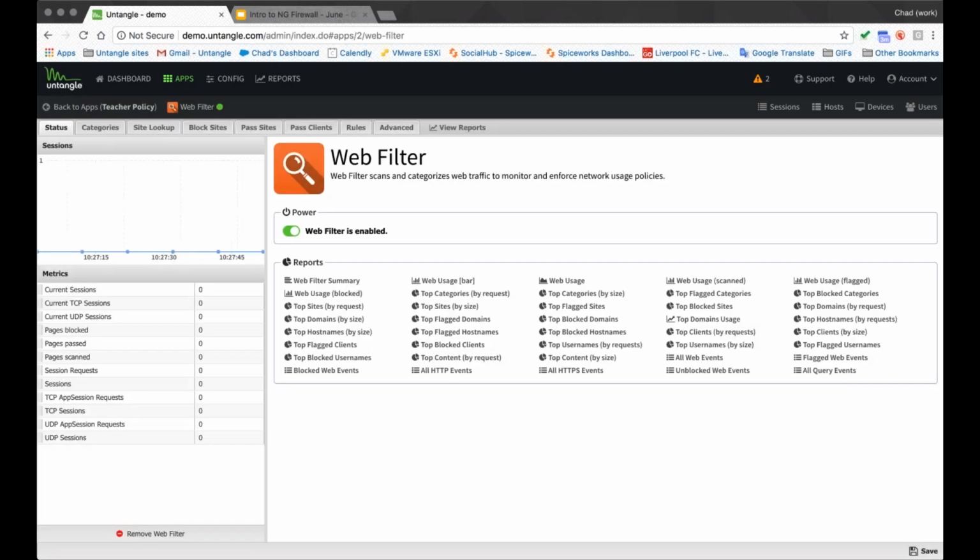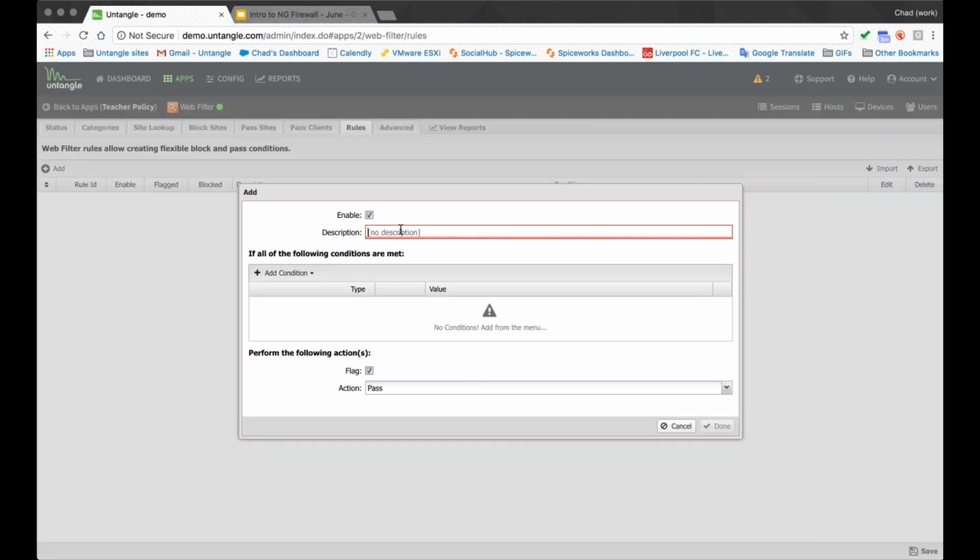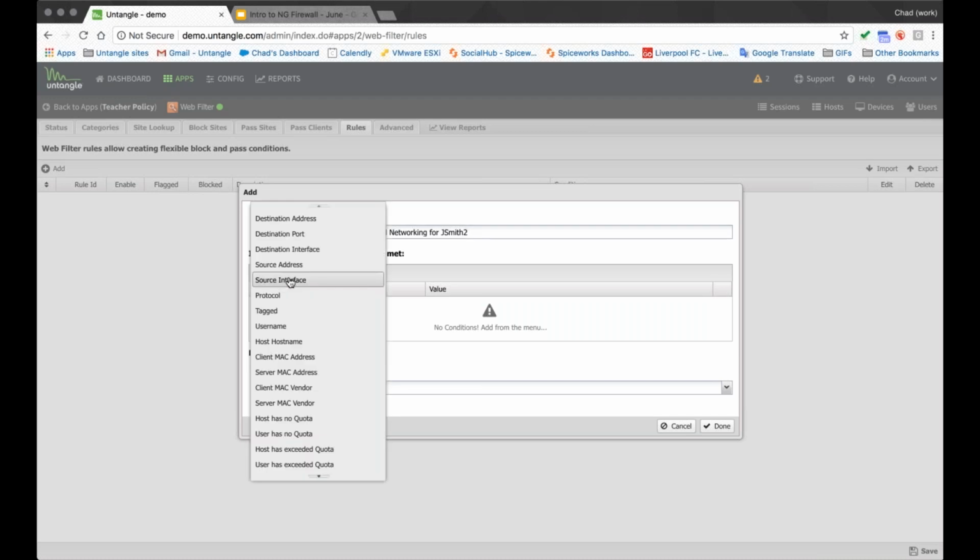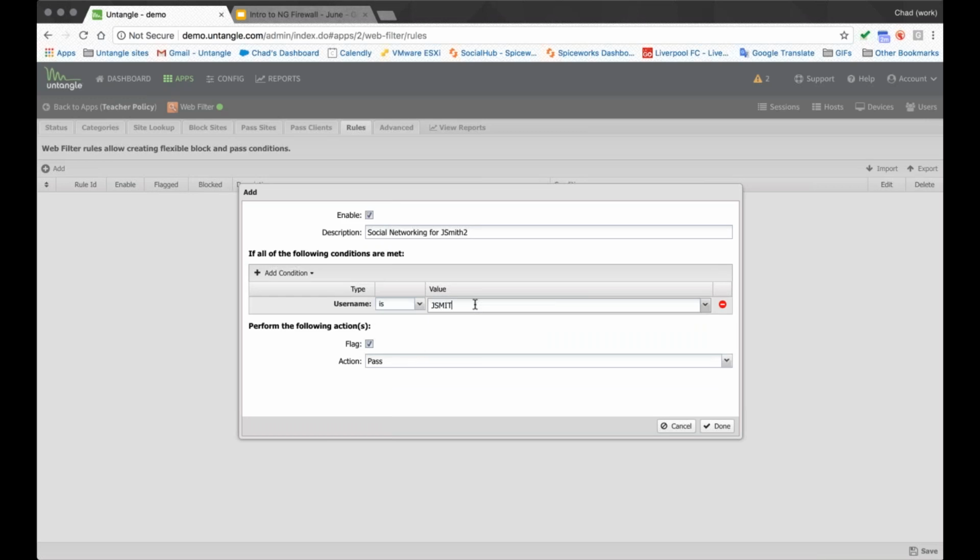Within this policy even, I could be this granular about my web filtering. I have a teacher who's doing a report on social networking. That's an example I just made up, but we're gonna go with it. So our English teacher, Jerry Smith, wants to do a lesson on social networking in 2018, but we block all social networking, right? So I'm going to give just Jerry access to all this within the teacher's policy. So jsmith2,